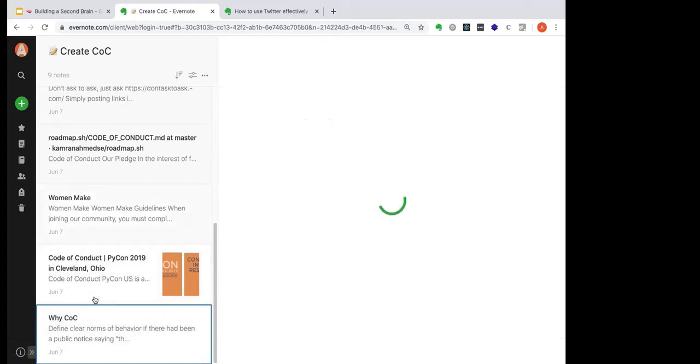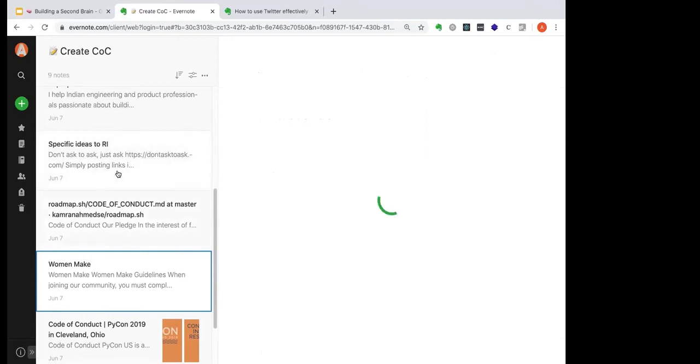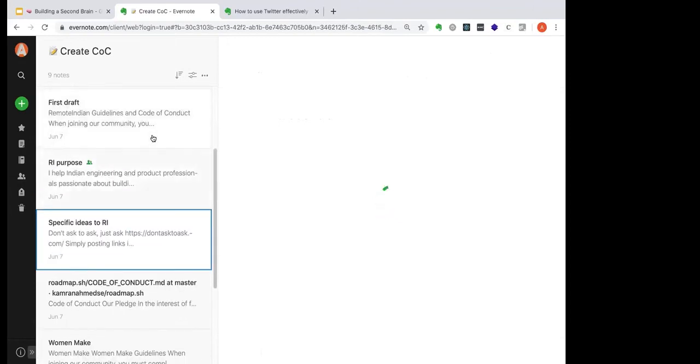You can see that a lot of these things I've just clipped from different parts of the internet. These are different communities which I knew of, and there were also ideas specific to the remote Indian community. So the beauty was that I had all of this,